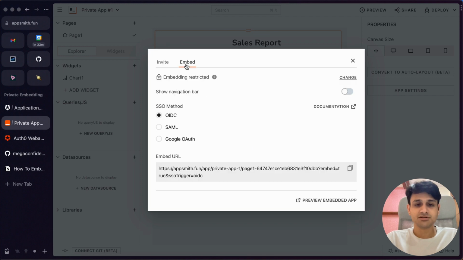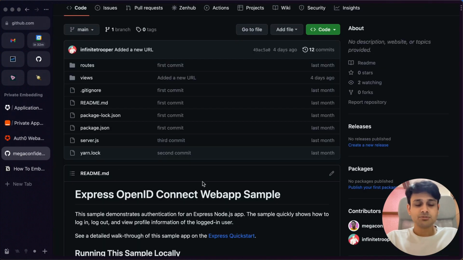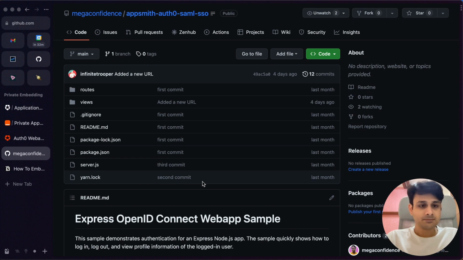If you go to embed settings here, you'll be able to see a new section. Since my SSO method is OIDC, it's already selected. But if you use SAML or Google OAuth, you can select those as well. Once you select them, you get that URL, copy this URL, and you need to embed this URL into the parent app. I have the GitHub repository of my parent app here, and I'm going to update the